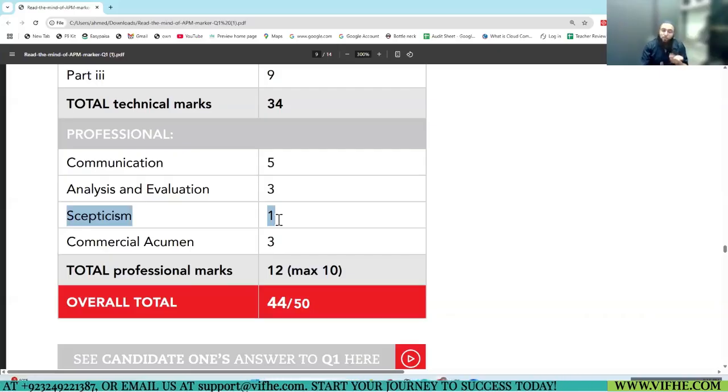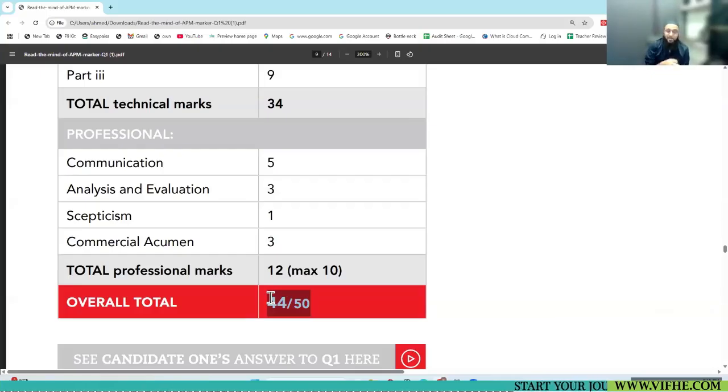I can still manage to grab 10. Even if I skip skepticism, I am still ending up at 11. Are you getting the point? So how much total marks? 44 out of 50. 34 technical, 10 professional.